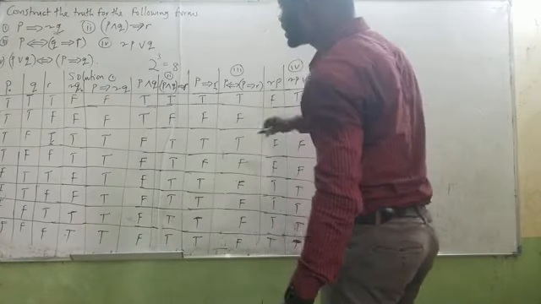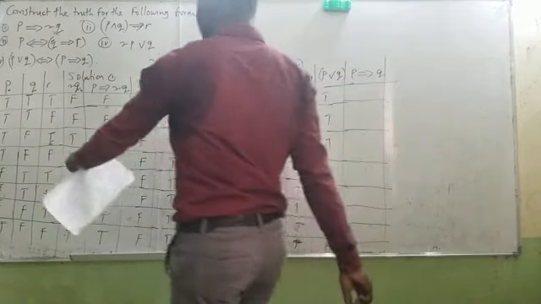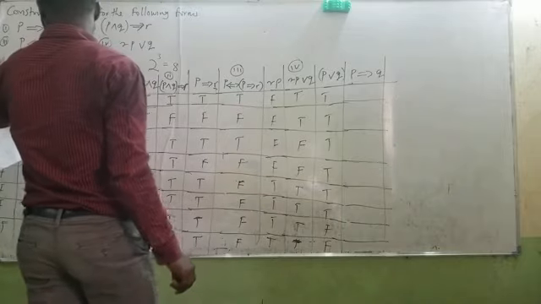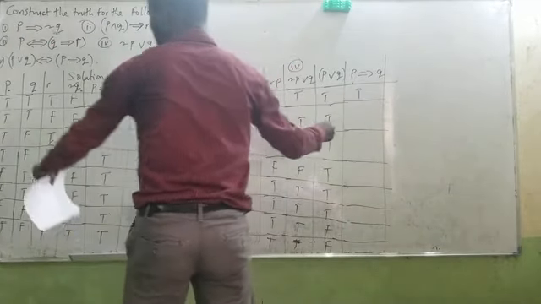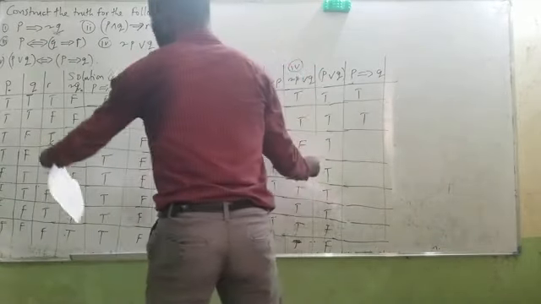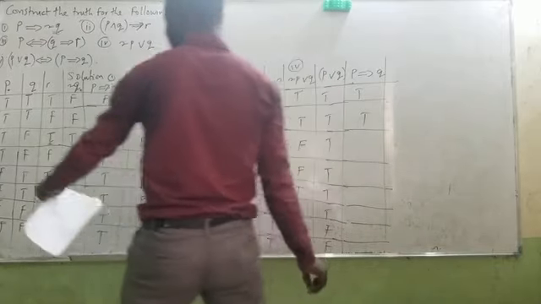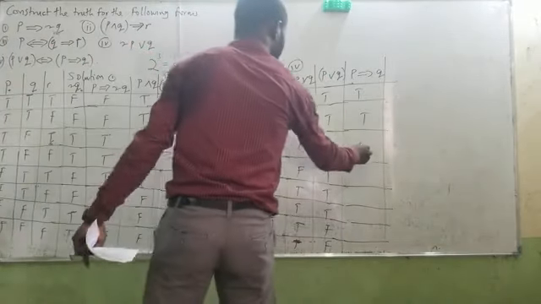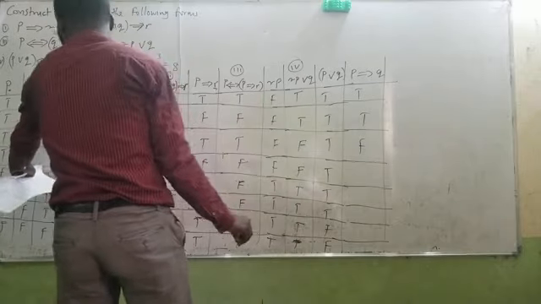Now, P implies Q. Just what I need to do, P implies Q, which will be what? True, true. P implies Q. Is Q that is having false and false